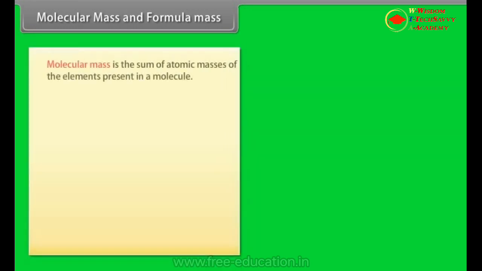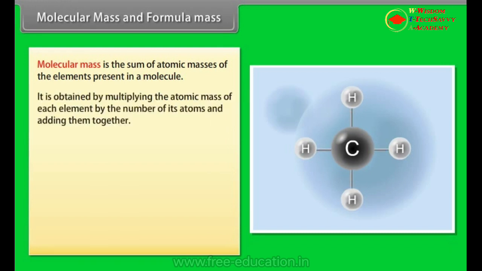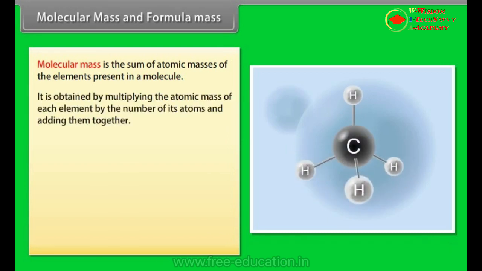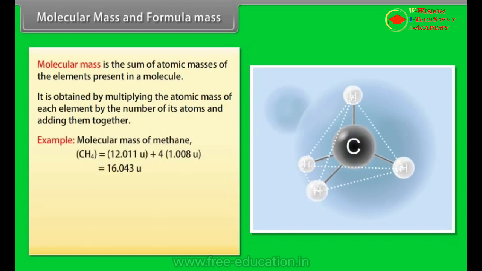Molecular mass and formula mass. Molecular mass is the sum of atomic masses of the elements present in a molecule. It is obtained by multiplying the atomic mass of each element by the number of its atoms and adding them together. Example: molecular mass of methane, CH4, is equal to 12.011 u plus 4 × 1.008 u, which is equal to